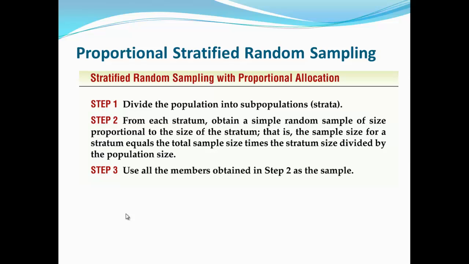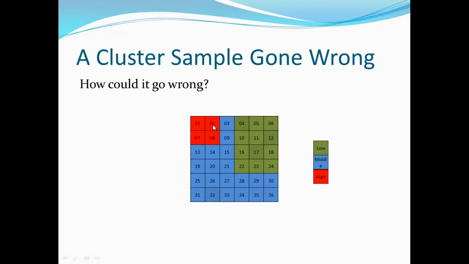Secondly, within each of the strata, we obtain a simple random sample of a size that's proportional to the size of the strata. So back here in this map, 4 of the blocks out of the 36 are high income, so 4/36 of our total sample should come from the high income areas. In the same way, we have 12 blocks of low income area, so 12 out of 36, or 1/3 of our sample, should come from the low income area, and the remainder then would come from the middle income areas